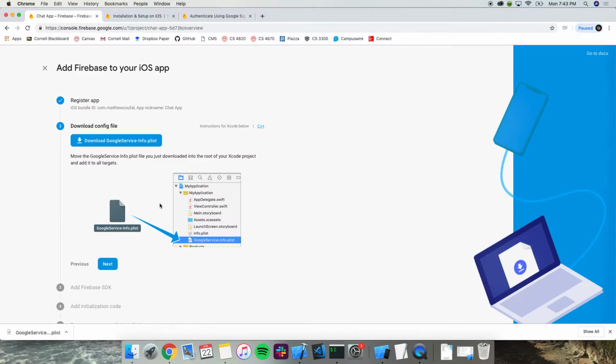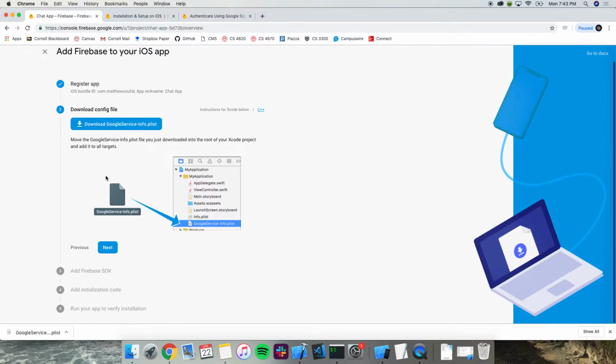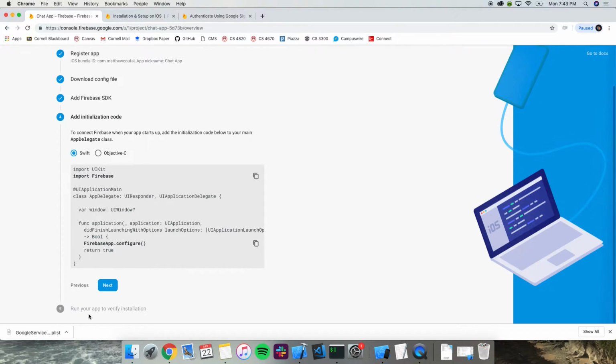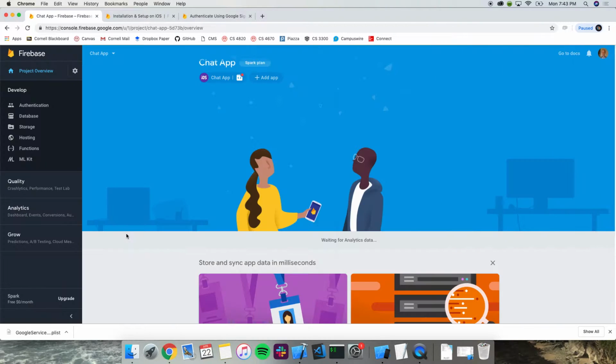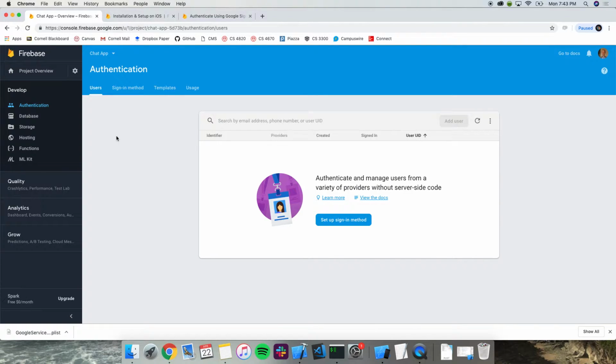Okay. So what we have to do is go to our Firebase project and enable sign-in. Very easy to forget, but it's important. So we did all this stuff, initialization code. All right, so continue to console. Now what we do is go to Authentication, right? Because we want to enable Google sign-in in particular.